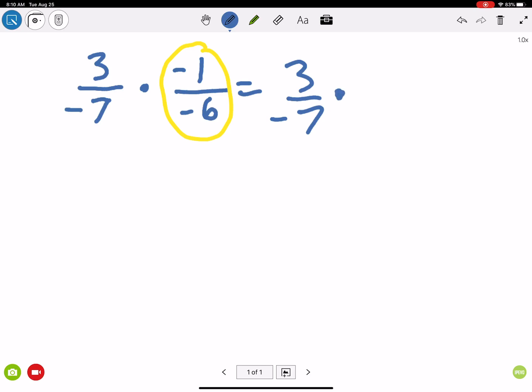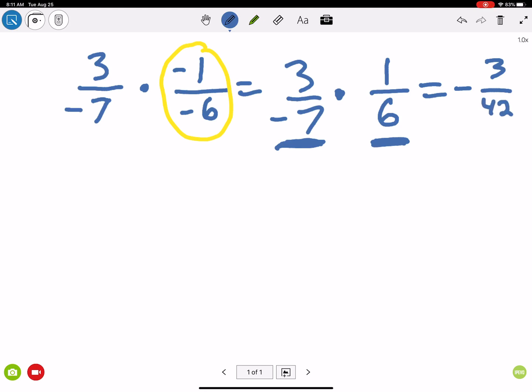Times, we said a negative divided by a negative is a positive, so instead of negative 1 over negative 6, I can change that to 1/6. And now, when I look at my fractions, I have a negative times a positive, right? I'm multiplying a negative and a positive. So my answer has to be what? It has to be negative. And now I multiply straight across. Numerator times numerator, 3 times 1 is 3. 7 times 6 is